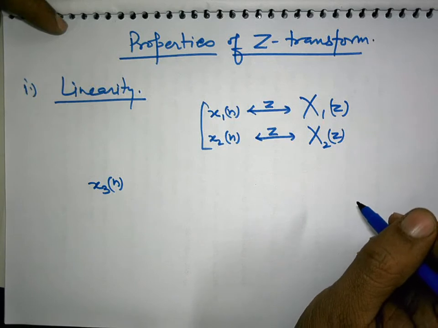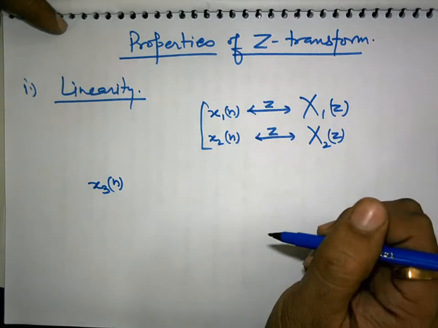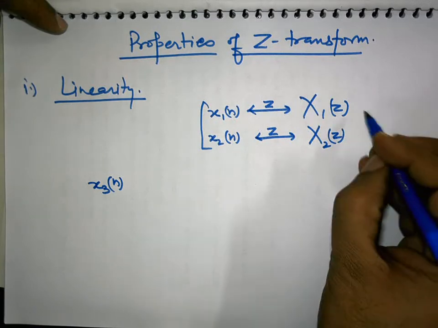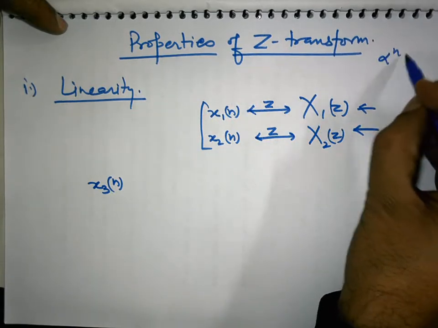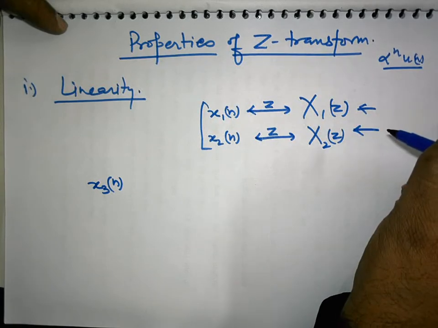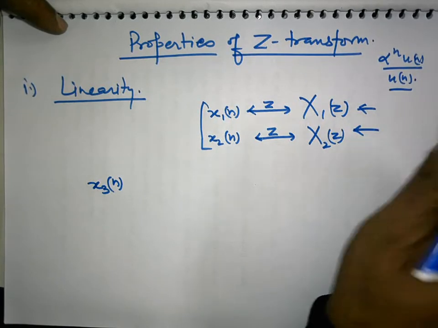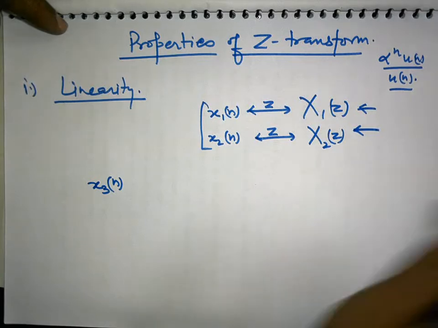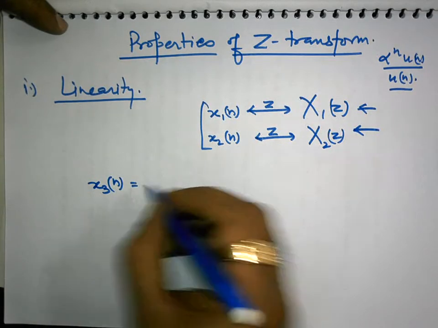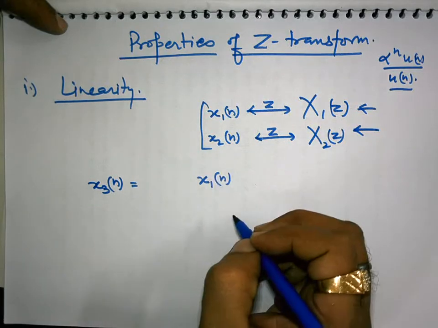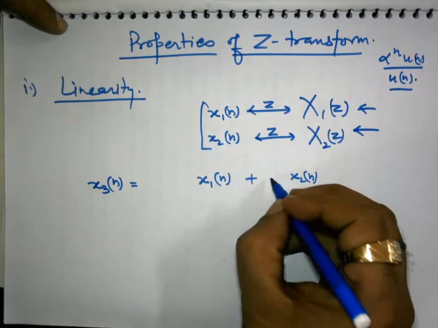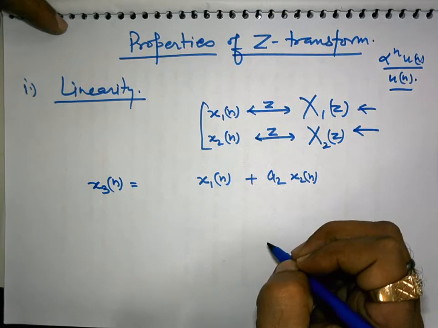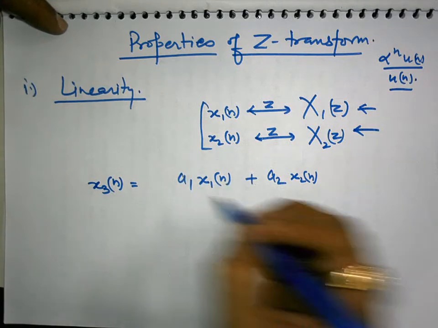This complex signal can be broken in the form of these components x1n and x2n, where x1n and x2n are elementary signals that we have discussed so far. This means suppose x1n was like alpha to the power n un, or something like un, or some more kind of elementary signals. Okay. So suppose this x3n can be broken as x1n and x2n, such that this x2n is multiplied by some scalar a2 and this x1n is multiplied by